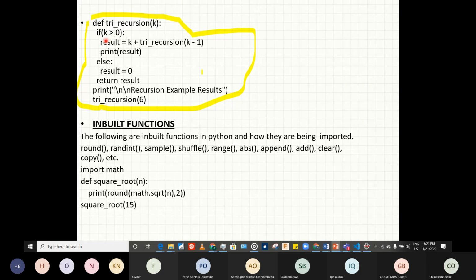Now, what they are saying is the result has not been obtained, but the result has already been given this value of k plus the function of k minus 1. So let's assume k is 4. Let's use a smaller value. When k is 4, k is greater than 0. So result is equal to 4 plus the function of k when k is equal to 3. You understand? Now, when k is equal to 3, k is still greater than 0,